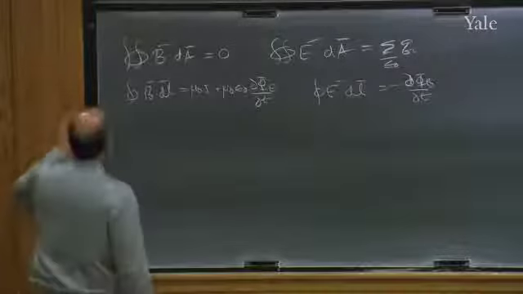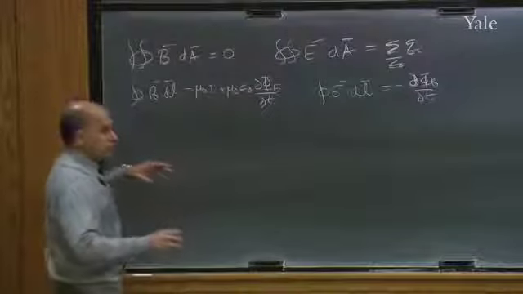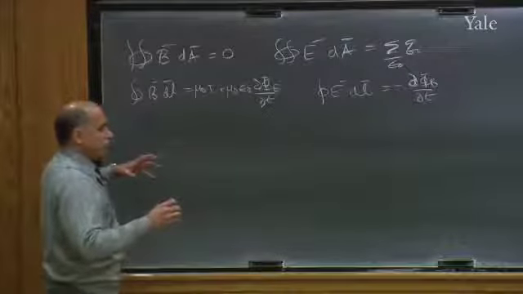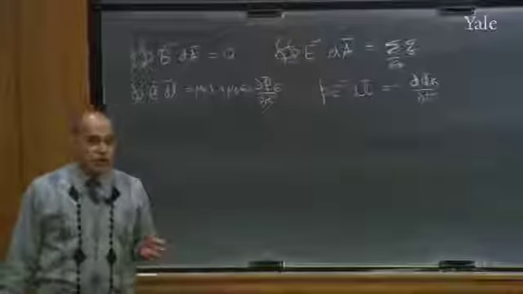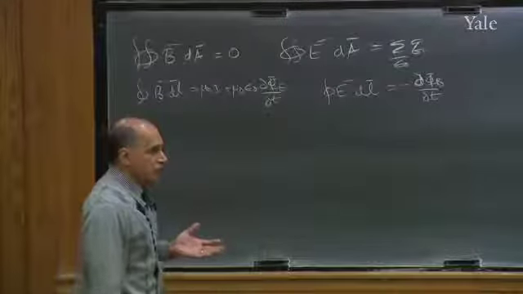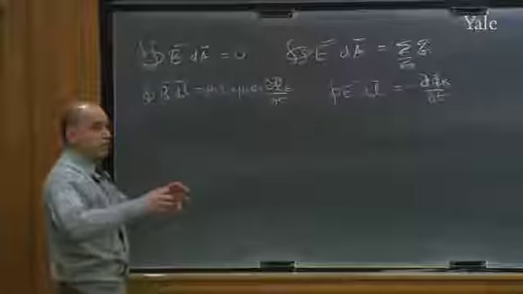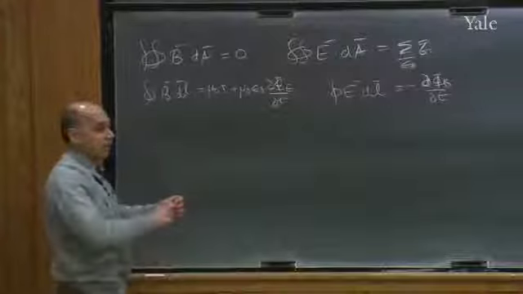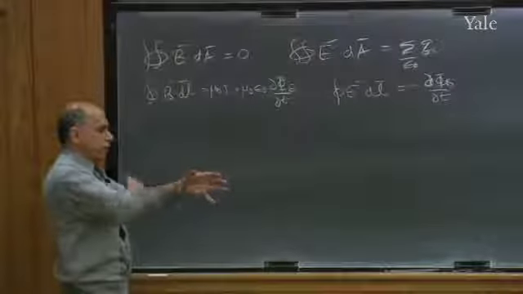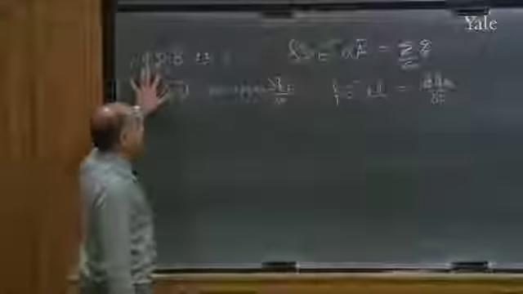The first one tells you that if you draw any surface and integrate B over that surface, namely you're counting the net number of lines coming out, you're going to get 0. That's because lines begin and end with charges, and there are no magnetic charges. So any line, if you look at any magnetic field problem, the lines don't have a beginning or an end. They end on themselves. So if you put any surface there, whatever goes in has to come out. That's the statement of no magnetic charges.